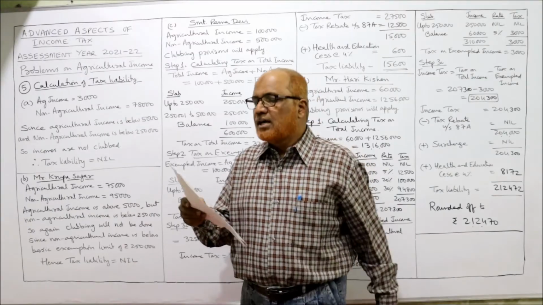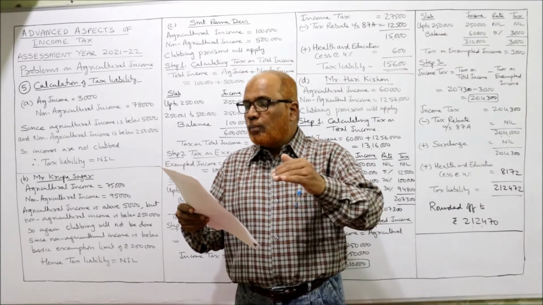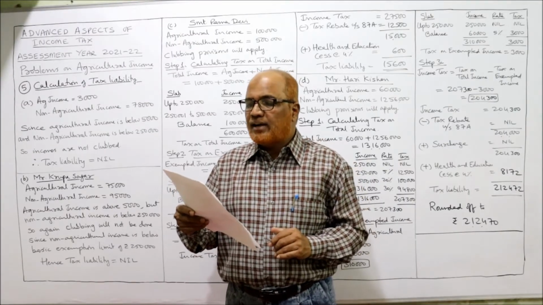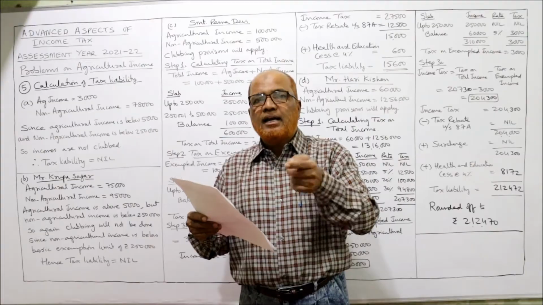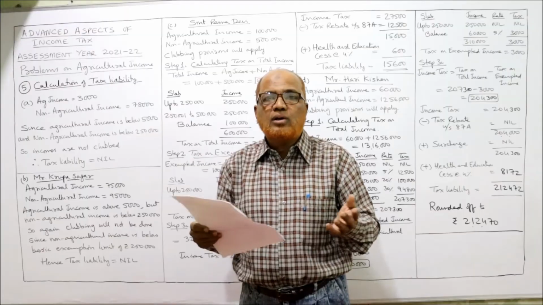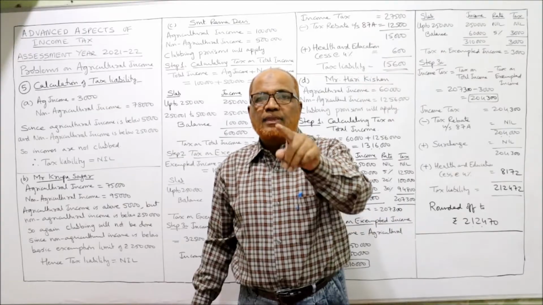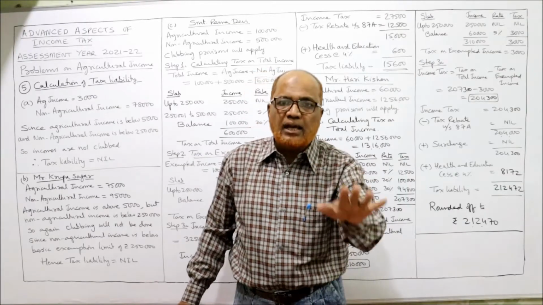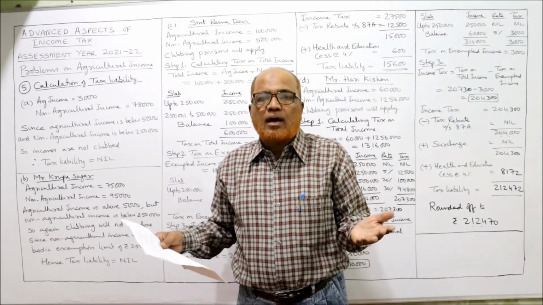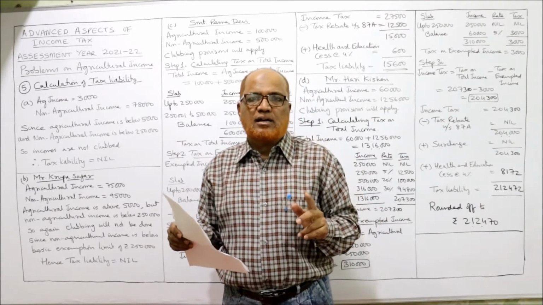That's it for the first bit. Second, Mr. Venugopal Reddy received rent from a tenant to whom agricultural land in Sri Lanka has been given on lease and who is cultivating jute. Here Venugopal Reddy is the owner of agricultural land, but the land is situated in Sri Lanka, not in India. One of the conditions for agricultural income is that the land must be situated in India, then only it will be agricultural income. If the land is situated outside India, it is non-agricultural income, which is taxable in India. So here we can say it is a non-agricultural income.